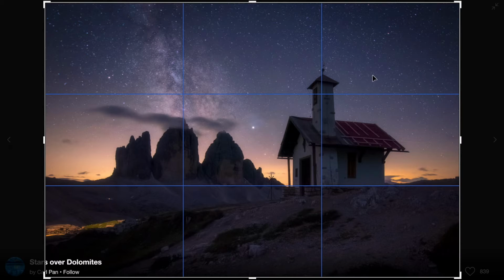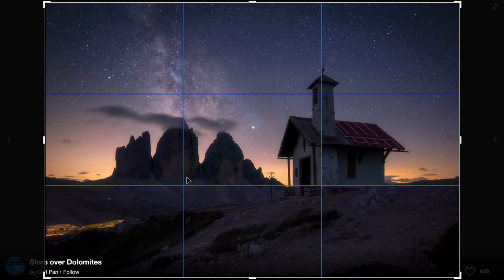But there are a few things that I need to mention about this one. The main subject looks like this house here, but not necessarily, because at the same time, these mountains, and there are three of them, and the middle one is exactly aligning with the 1/3 line here. It seems that the photographer couldn't decide which of these is the main subject, because what I see in this frame, which is kind of annoying to me, and I don't like it to be honest, is